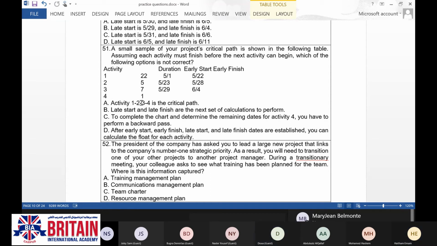Is not correct. To complete the chart and determine the remaining set of calculation to perform, to complete after early start.